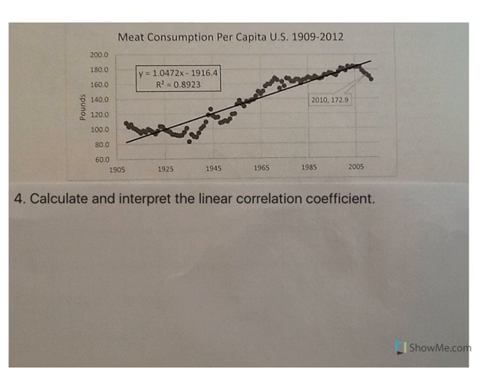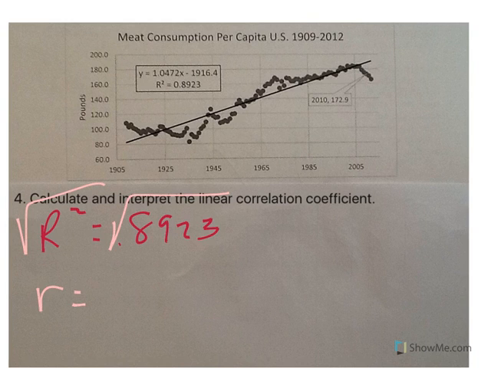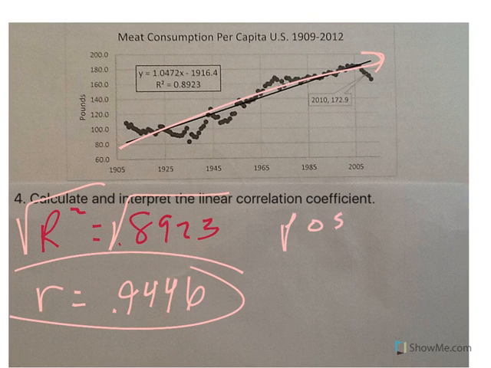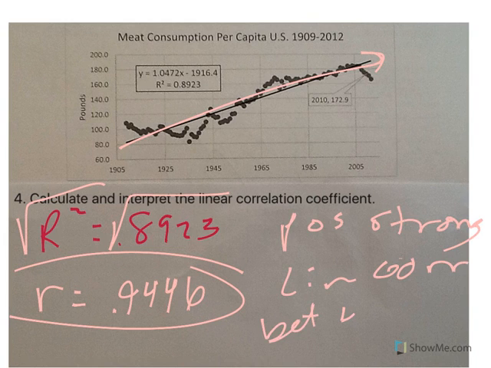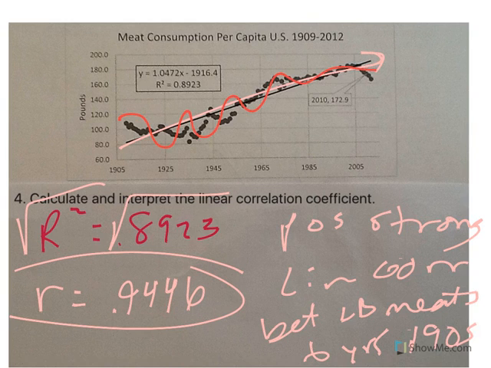Calculate and interpret the linear correlation coefficient. Well, R squared is 0.8923. Square root both sides, and R is 0.9446. Positive because my slope is positive. Interpret that. There's a positive, strong, linear correlation between pounds of meat consumed per capita and years since 1905. But you can still see the actual data varies. You have varying data, but the model shows that there is a correlation between the years and the pounds of